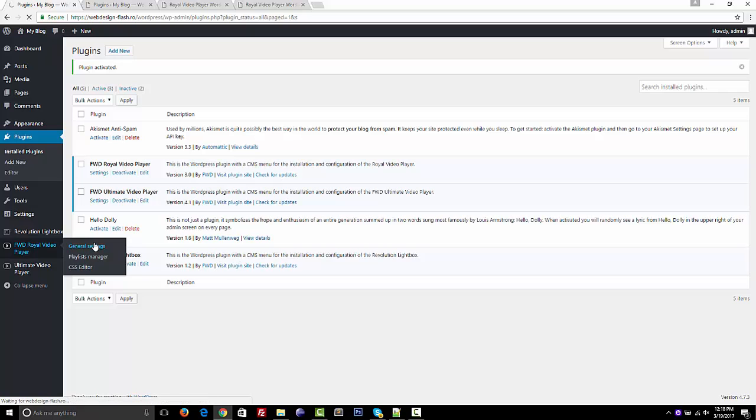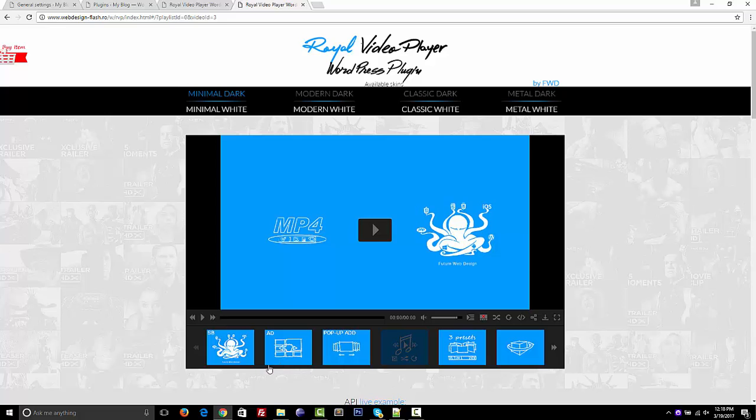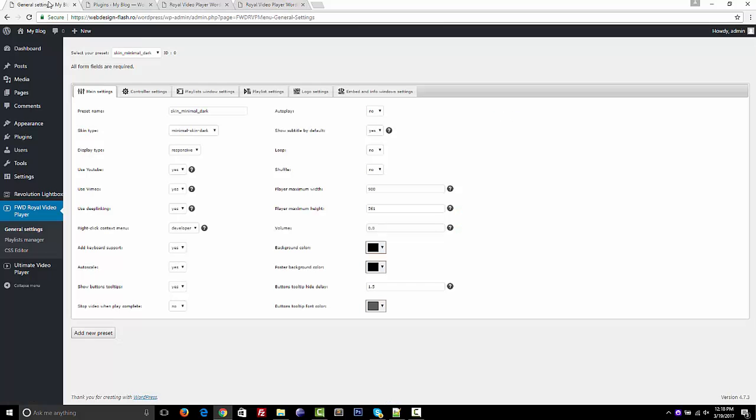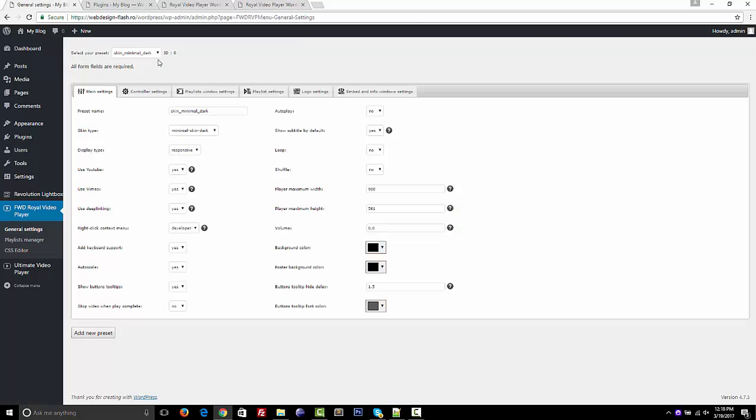General Settings is used to control the entire player, like the thumbnails, the buttons, remove buttons, change color, change skin. Basically the entire player is controlled here in the general settings. Like I've showed you here, there are 8 predefined skins, minimal dark, minimal white, and so on. They are already pre-coded here in this